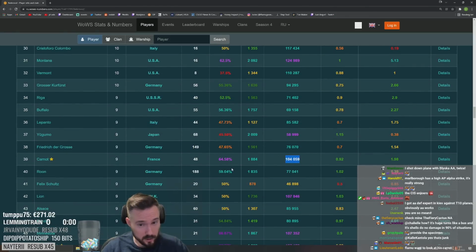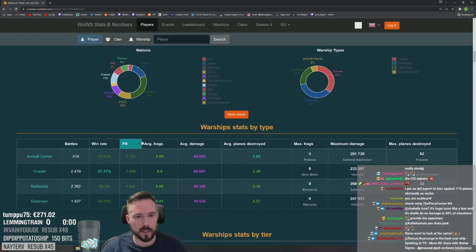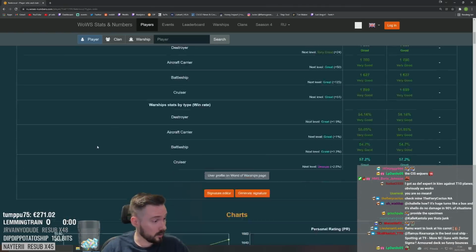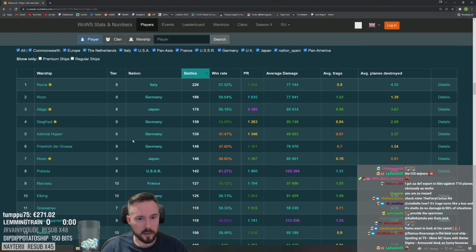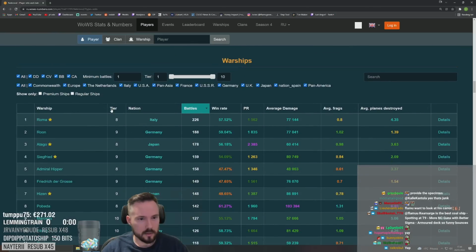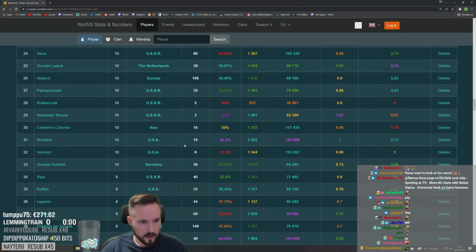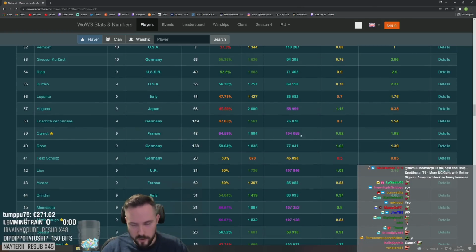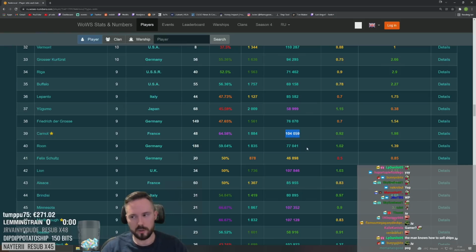104k. Not bad, actually. Is this even solo? I am pleasantly surprised. Is it your best performing? Oh, it's solo. Look at this guy. Was it 48 battles? Where is it? Here. Carrot, 104,000. Okay, not quite 10 to 12k average per volley, because otherwise you're only shooting 10 volleys per game,